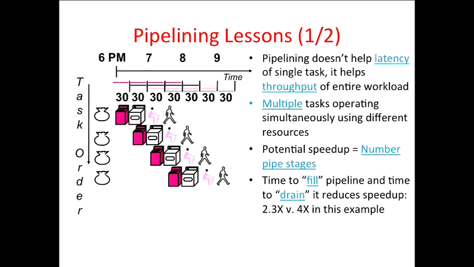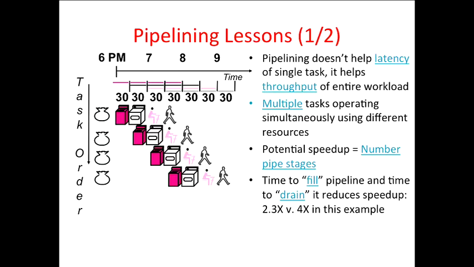Another thing to realize, I don't get a factor of 4 speed up because it takes some time to fill the pipeline, right? I can't instantly put one load in the washer, one load in the dryer, start folding and stashing. I have to sort of ramp up by doing the wash for every one. So they all have to move to that first stage, one after the other. So it takes a little while for the pipeline to fill up. So only at this point am I actually using all 4 things at once. And then after that, I drain down, and here I'm also not using these resources, and I'm not using these